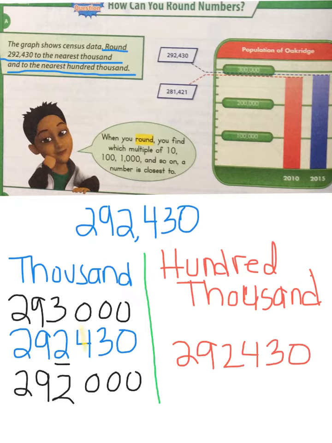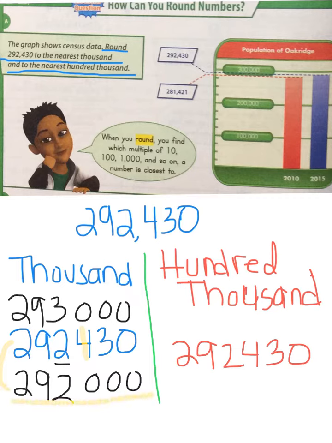So the digit to the right would be the 4. The rule is, if the digit is 5 or more, we're going to round up. If the digit is 4 or less, we're going to let it rest or stay the same. Since the digit is a 4, we are going to round down to